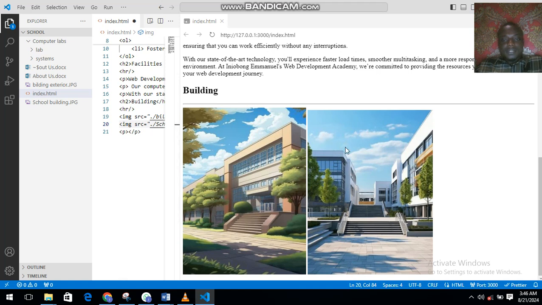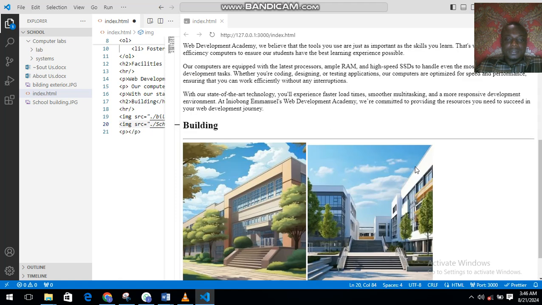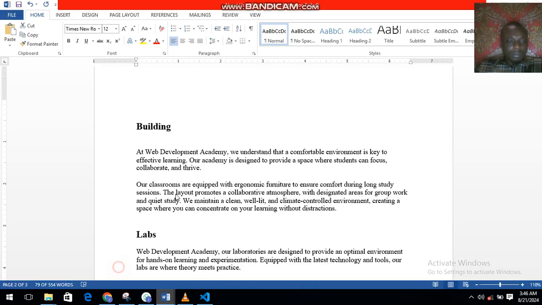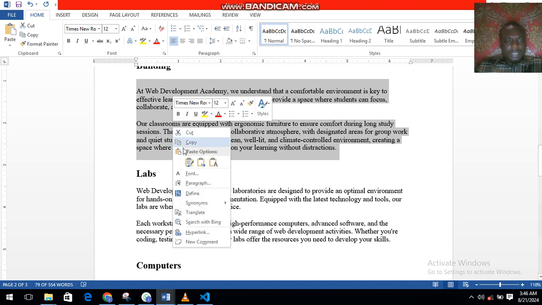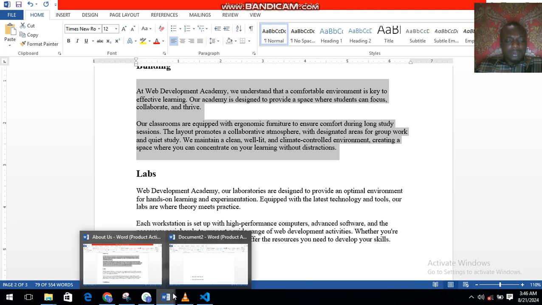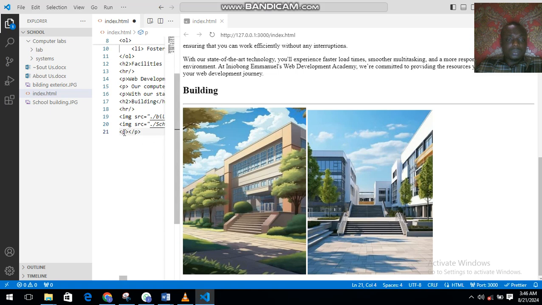Yeah, this is what it's gonna look like. Alright? So let's come here, include the paragraph. This is the paragraph, copy. Remember, you are including two paragraph tags that are both closing and opening.